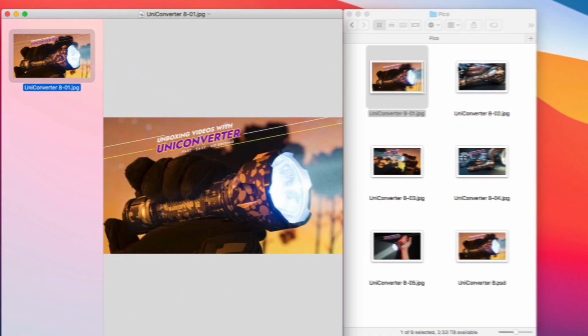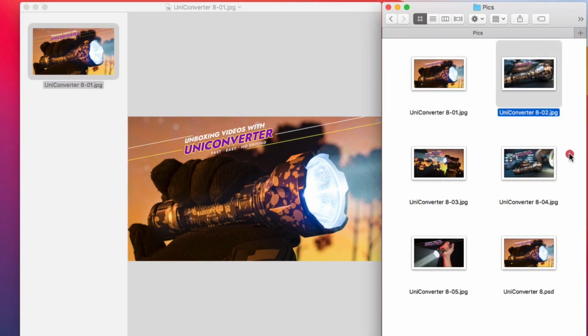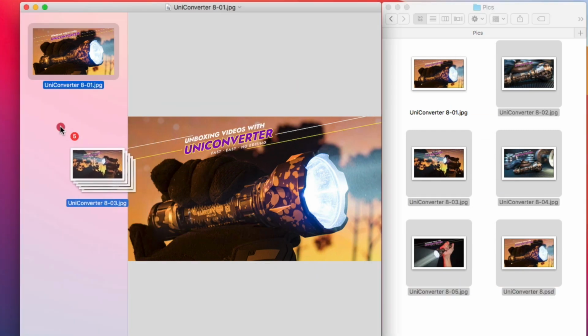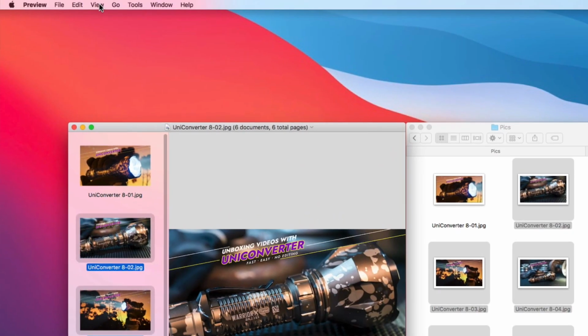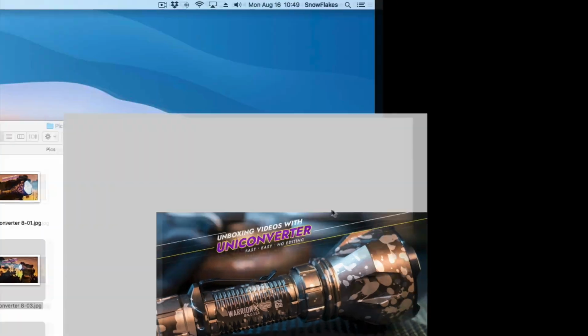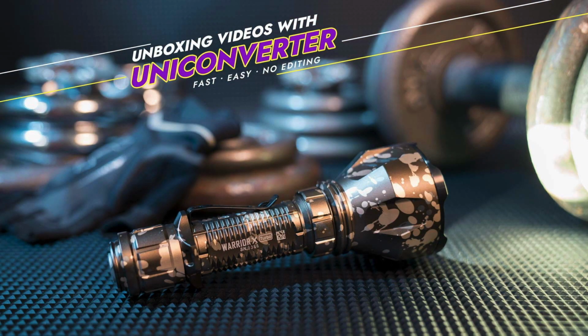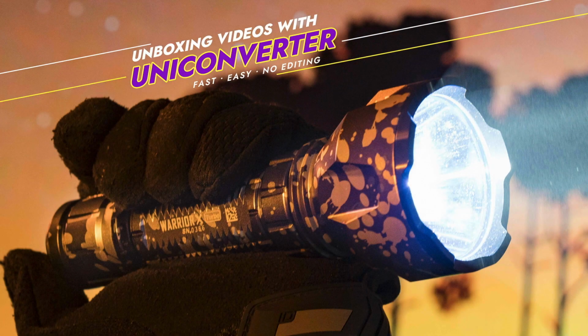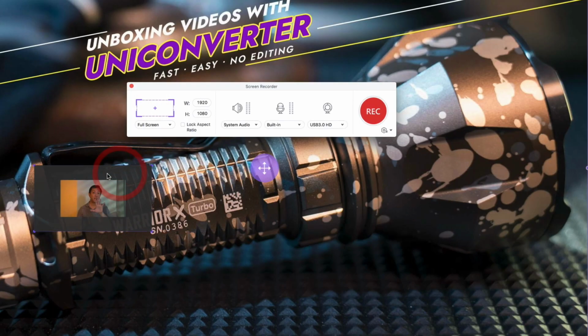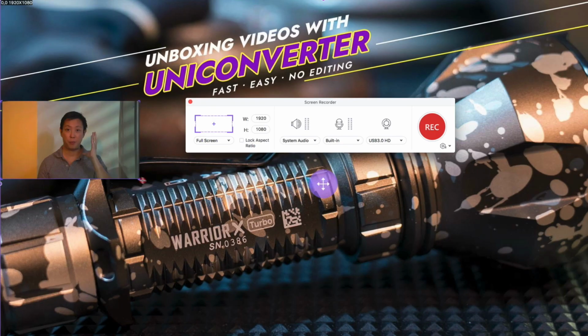Now, we'll assemble our slides. I've gathered some pictures here and I'll open them up with Preview. That's my Mac's built-in image viewer. I'll get them all ready to play back as a slideshow. You can also do this on your PC as well with the Photos app or Photo Viewer. Once your webcam is enabled, you can reposition your profile anywhere on your screen. You can even resize it.